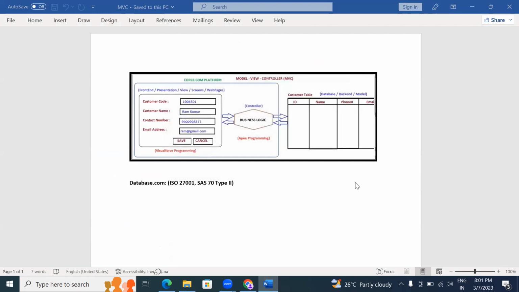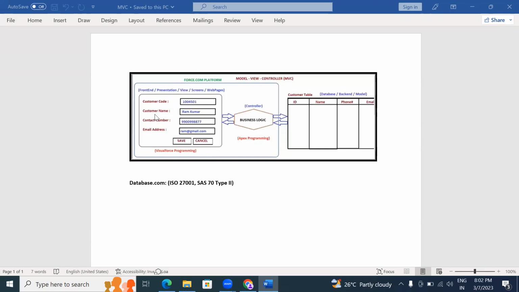You can observe this image. So what is the force.com platform? Already we have discussed. The force.com platform contains two programming languages, Apex programming and Visualforce programming. Visualforce programming is used to build the user interface, the front end part.